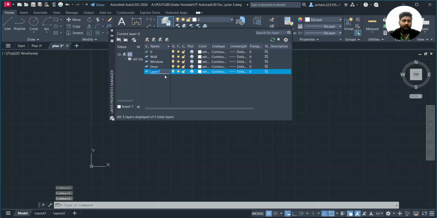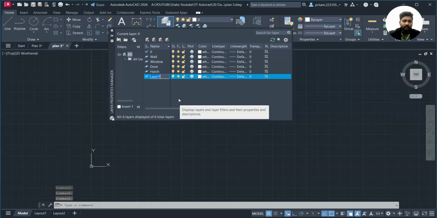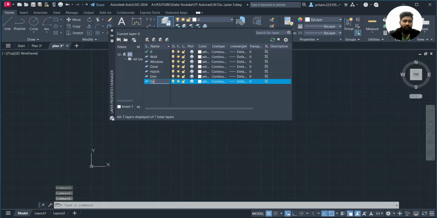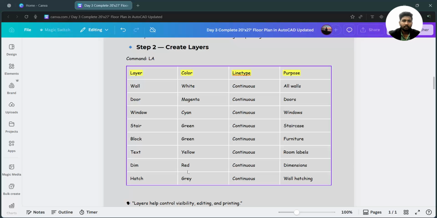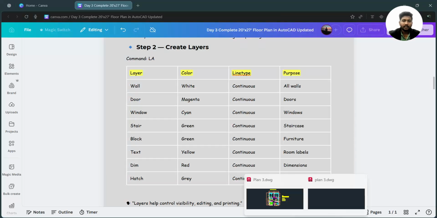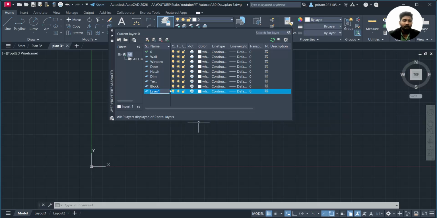Then after we will be adding for the hatch. Then once again click here and add for the dimension. Text. Then we have to add 1 2 3 4 5 6. Two layers are remaining, so we have to add for the blocks in the form of furniture. One thing is remaining. What is it? Dimension, text, staircase area we have to add,